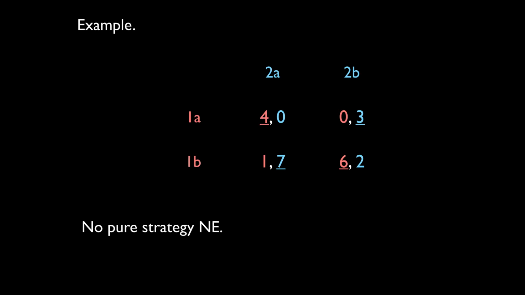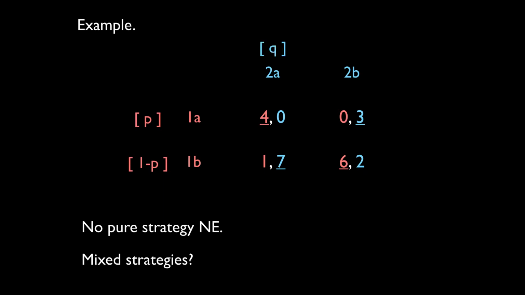Okay, so there's no pure strategy Nash equilibrium. Let's do mixed strategies. With the penalty kick, it worked out great to be half-half on both sides. This case is probably not going to be half-half because the numbers are a little arbitrary. So the way to do this is first I put p and 1 minus p. Player 1 plays A with probability p, and B with probability 1 minus p. Why do these numbers add up to 1? Probabilities have to add up to 1. For example, if I play A with probability 1/3, I have to play B with probability 2/3.